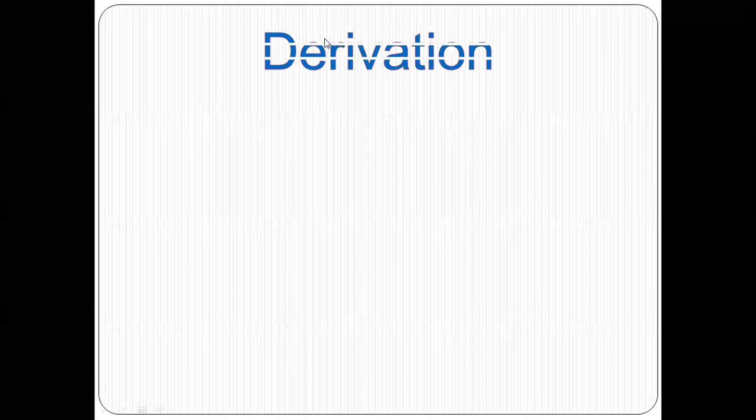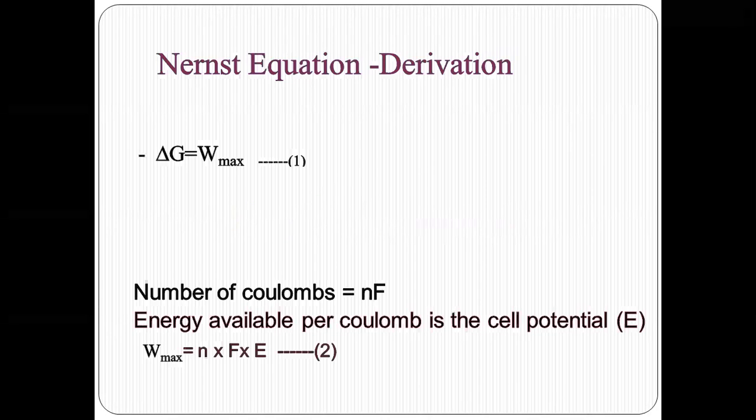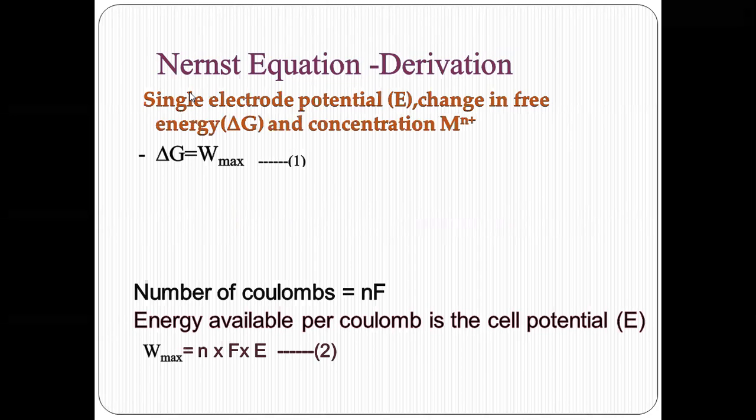This lecture video is about the derivation of the Nernst equation. The Nernst equation relates the single electrode potential. Single electrode potential is denoted as E, change in free energy as delta G, and concentration as M^(n+). According to thermodynamics, the decrease in free energy, that is minus delta G, equals